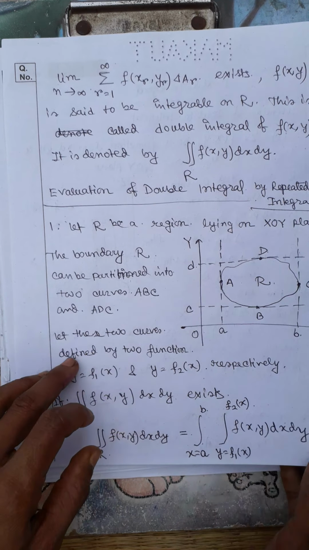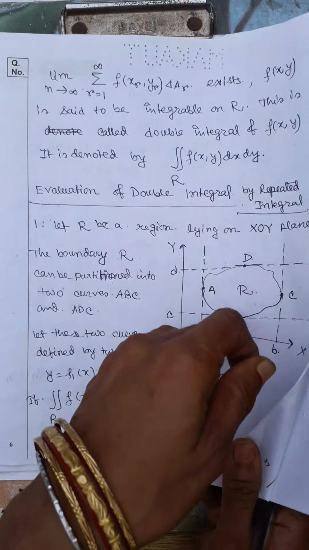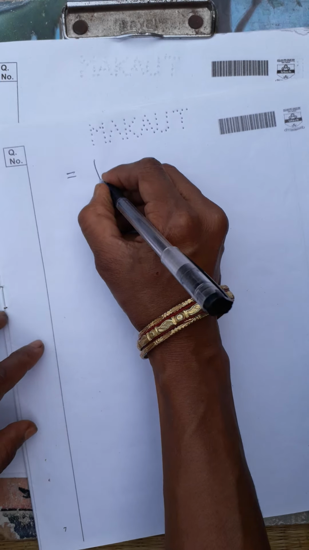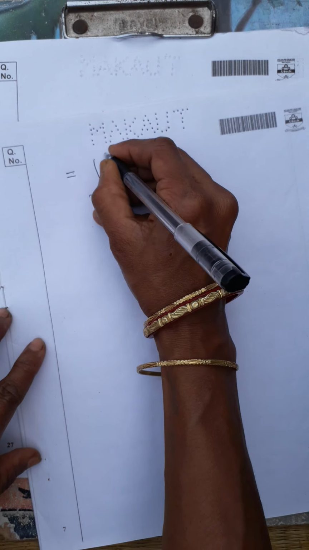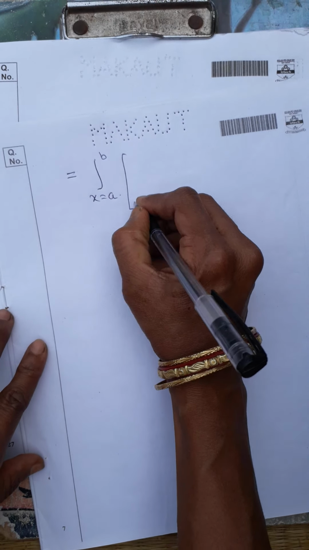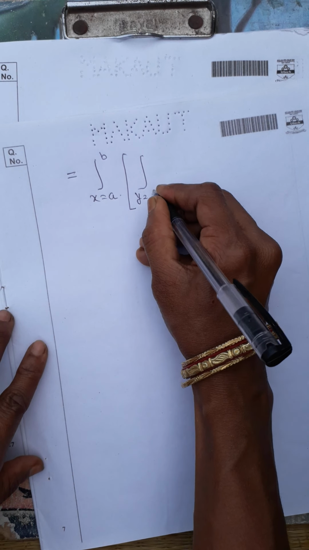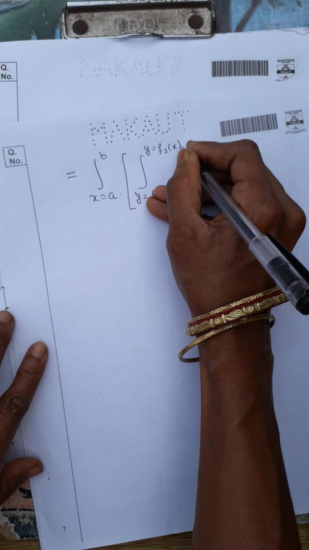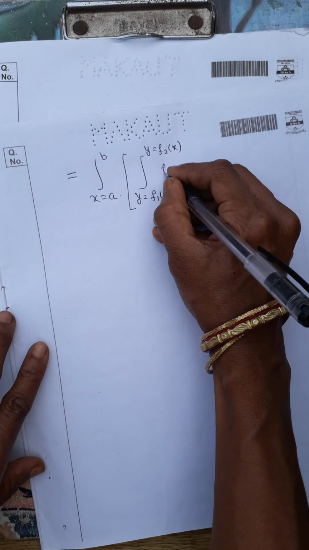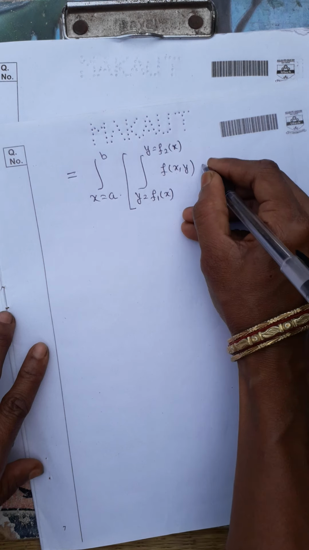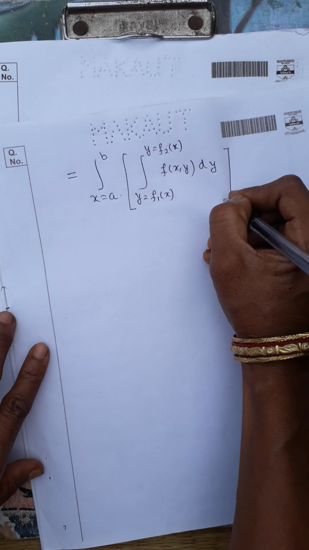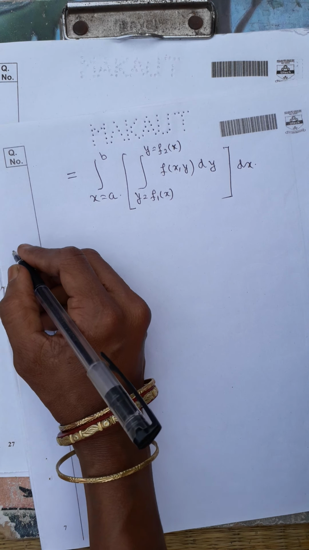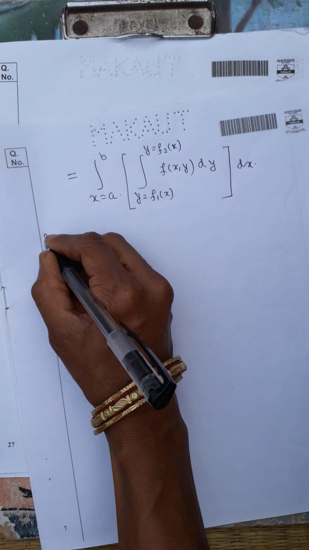This is also written as the integral from x equals a to b, y equals f1(x) to y equals f2(x), f(x,y) dy, dx. So this is one type of evaluation of a double integral. Next, another type is,